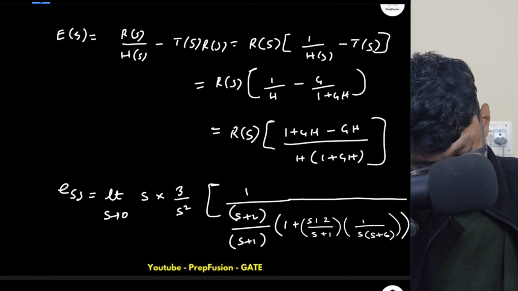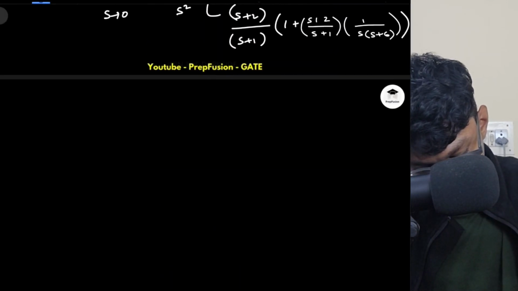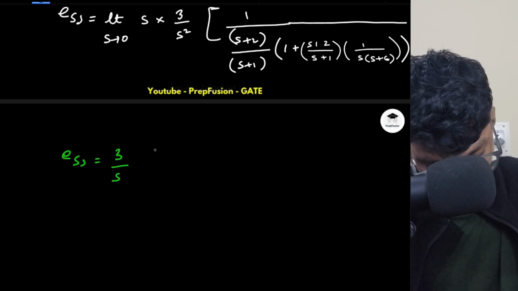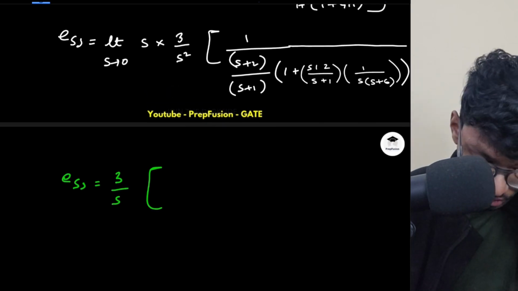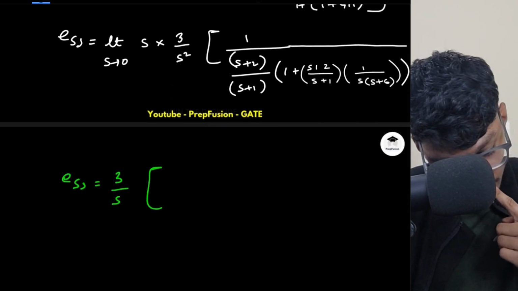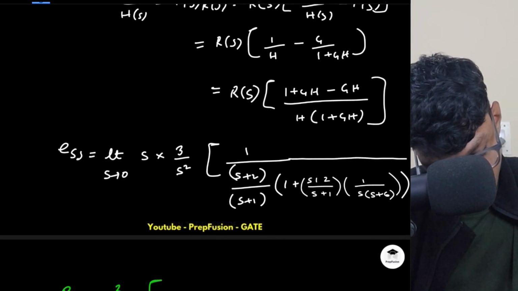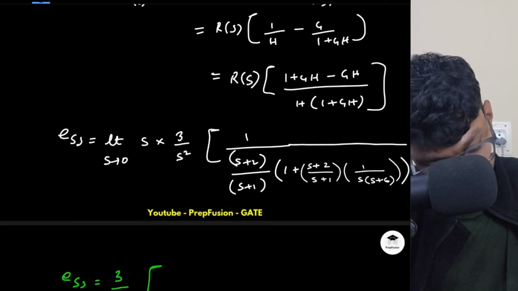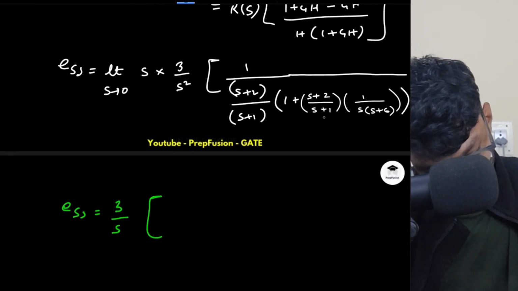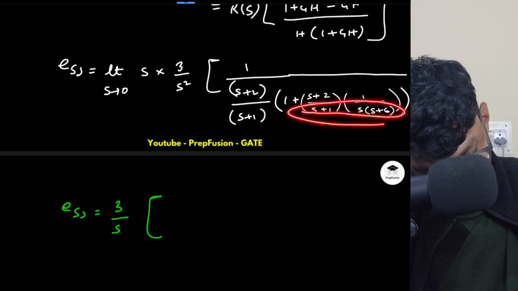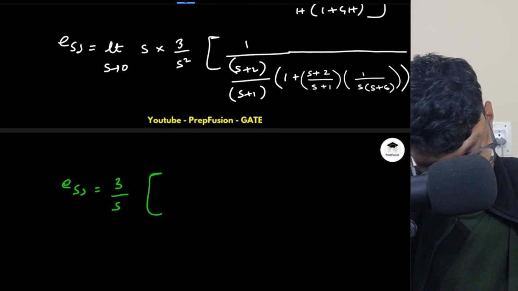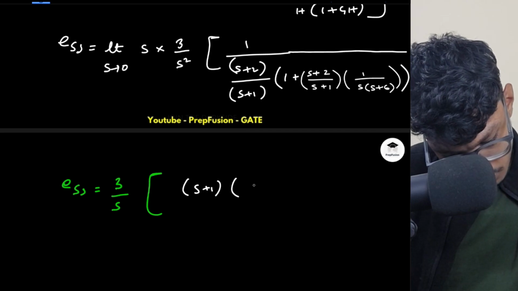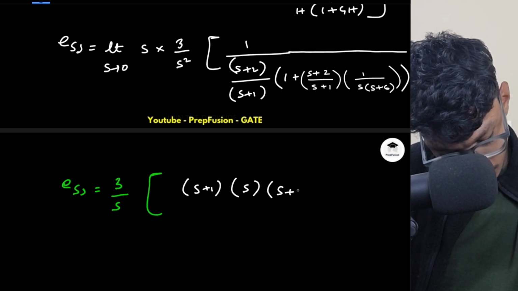So now if I want to rewrite this, my steady state error is 3 by s, and at the numerator 1 minus G of s will get automatically cancelled. So this is (s plus 2). This whole thing will get multiplied, and this also will go at the numerator. So it is (s plus 1) into (s plus 6),